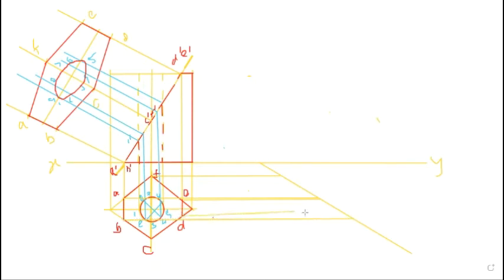Similarly, the D point also. Let's see. Again,